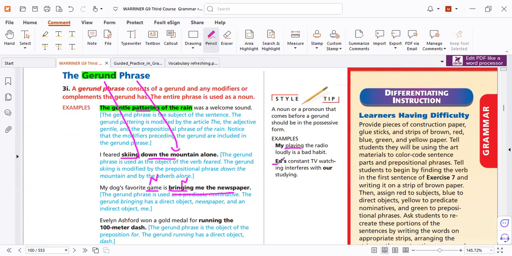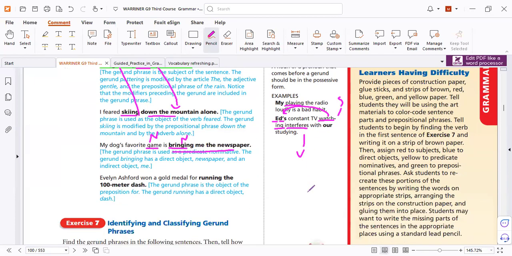Now he said "Ed's" with an apostrophe s. "Watching" is the noun of Ed, so we say the watching of Ed. So "Ed's watching interferes." So watching is the subject and interferes is the verb. So watching interferes with our study. That means watching interrupts you when you study, disturbs you, makes noise. So you must tell Ed to go out because you are studying. That is a job.